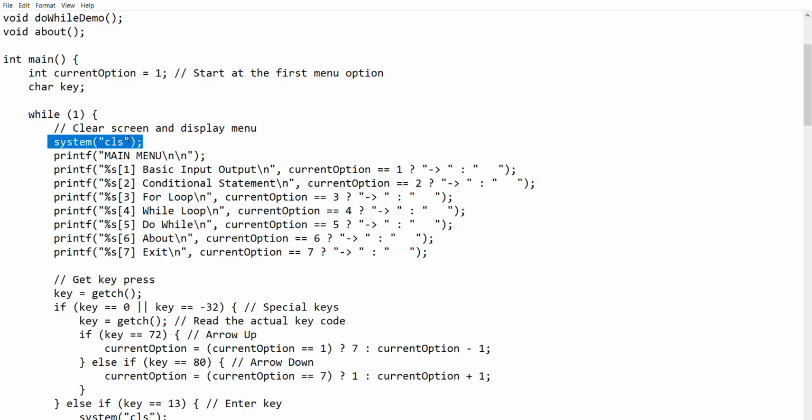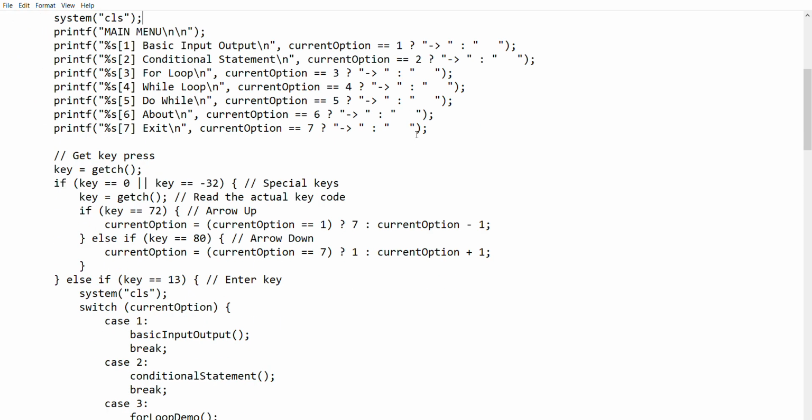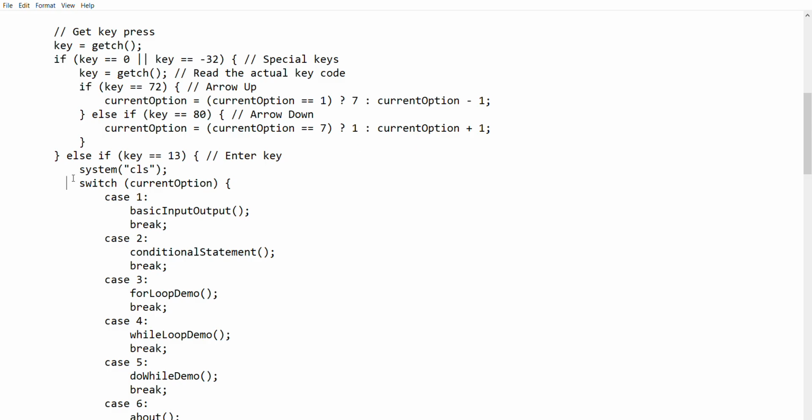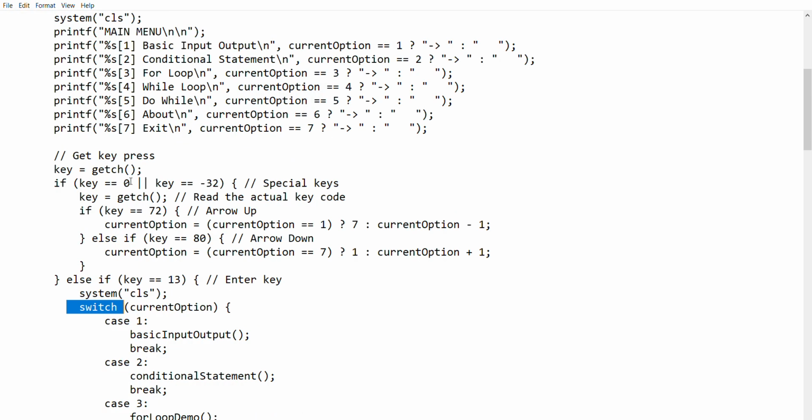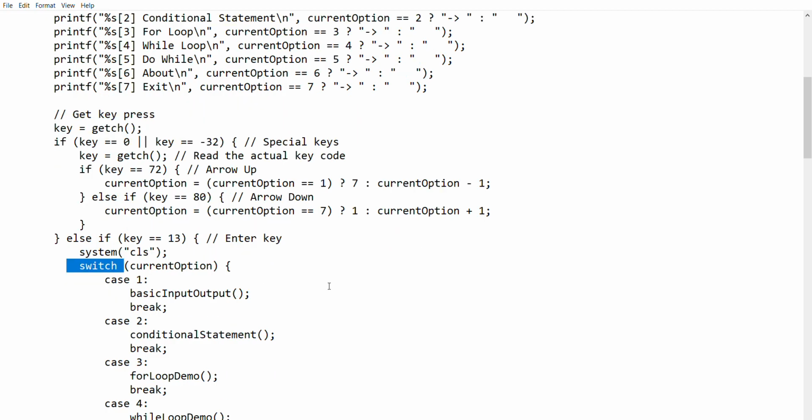Each time the menu updates, the user always sees a fresh menu. When the user selects an option, the program executes the corresponding function using a switch statement. Here, the switch statement. After the function finishes, the program waits for the user to press any key before returning to the menu.